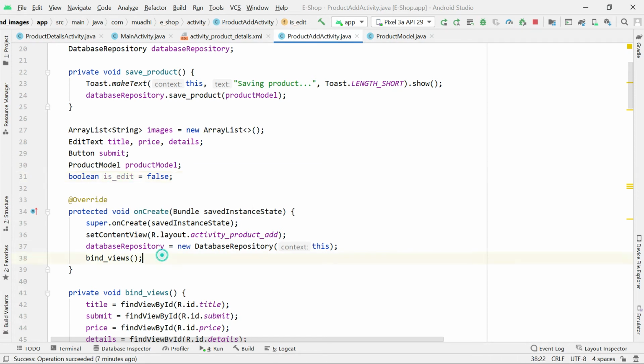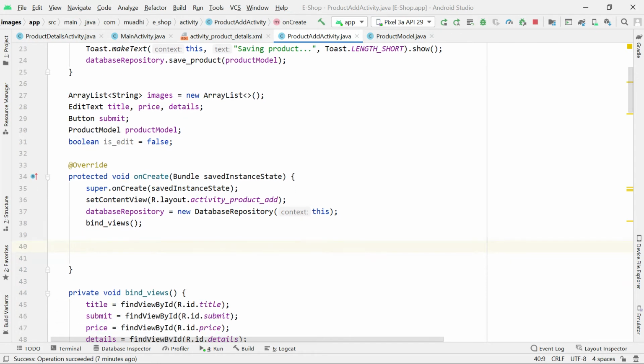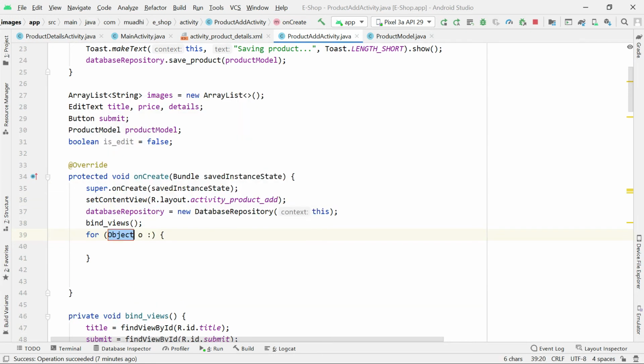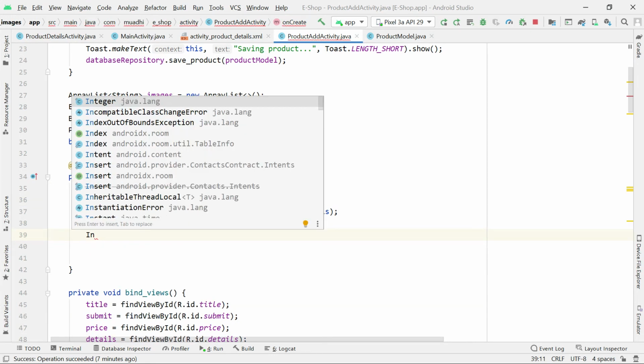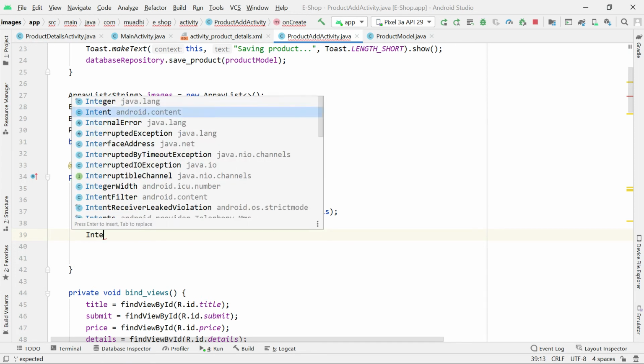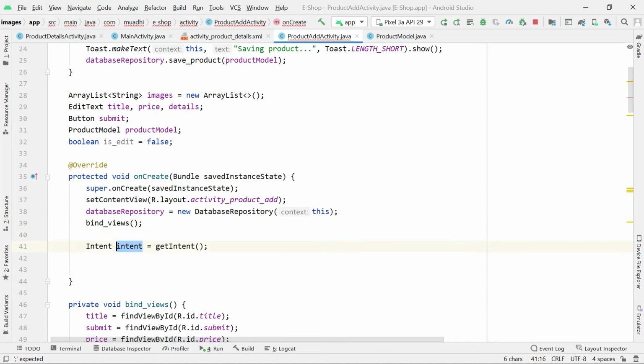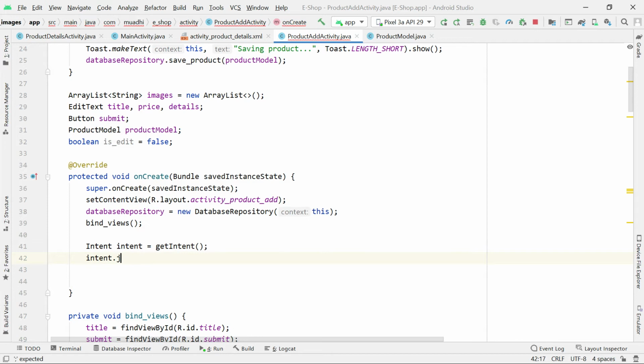So how will I know that it is edit? I'll simply come here to on create. After initializing this, I'll come here to on create and go ahead and create the intent. Okay, so the intent should be intent is equal to get intent, like this. I just initialize the intent, and then I'll check if this intent has